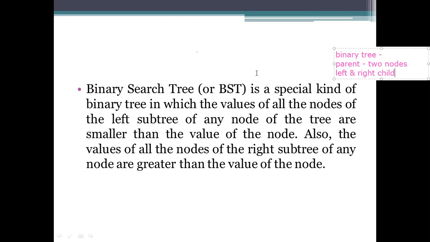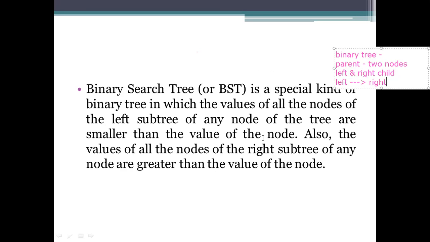So here we specify from where to add these elements, from left to right. That's all. So there is no specific relation between the parent and the child here.